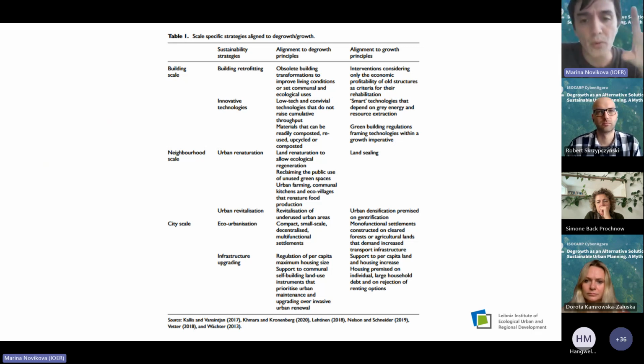So to respond to these problems related to green growth, we have been working on characterizing different degrowth-oriented solutions for spatial development. We have divided them; this is part of a paper in Urban Studies of 2020. We divided them based on a literature search into building scale, neighborhood scale, and city scale operations. You can see here that there are several strategies: building retrofitting that is non-financialized, technologies that are convivial, urban renaturation that doesn't include the city but unsealing, and then also at a city scale,